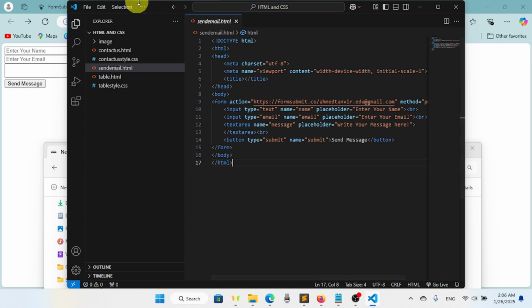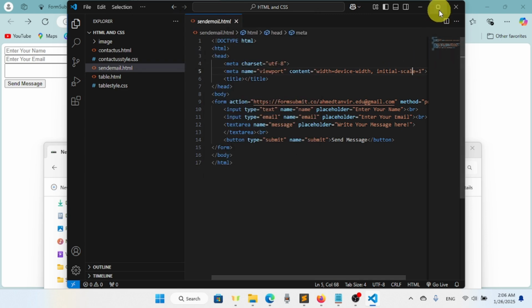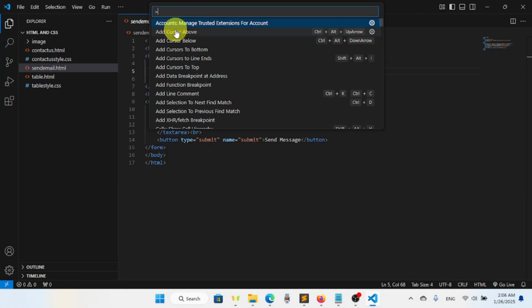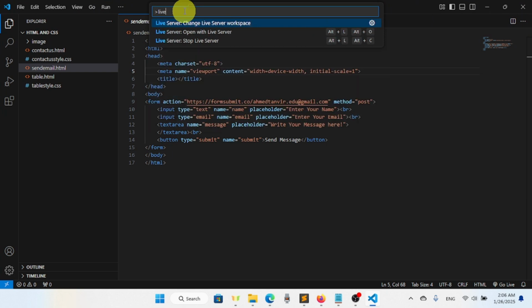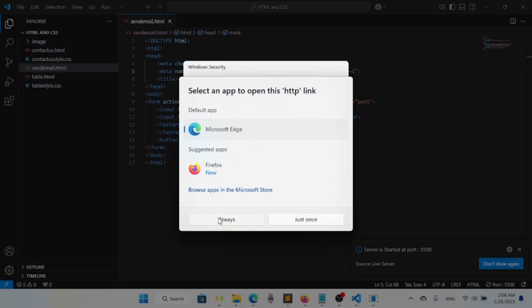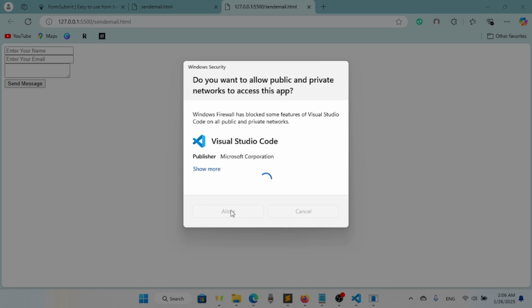Okay, or maybe you can just click here the three dots and then view, and then command palette, or if you just full screen it, then you can see view here, and then command palette, and then you just have to search here live server. You can see live server, open with live server, the second one. You just have to click here, and then it will start in live server. So you just have to select allow. Okay,